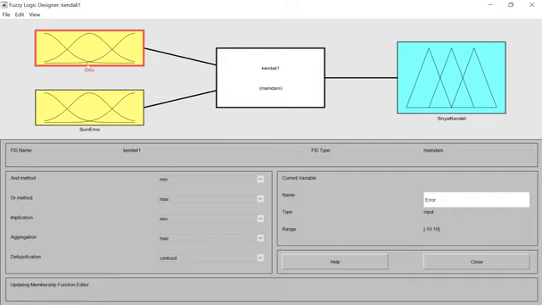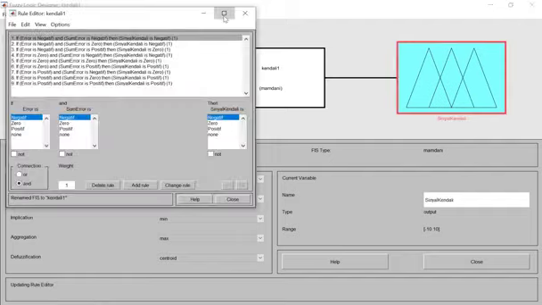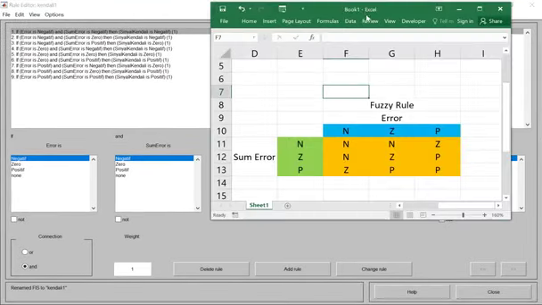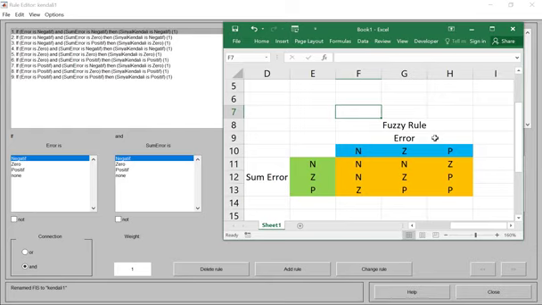After we design the membership functions for the input and the output, we need to design the fuzzy rules here. After some trial and error, I get this rule for the fuzzy logic controller. If the input is negative for the error and sum error, then the output is negative.